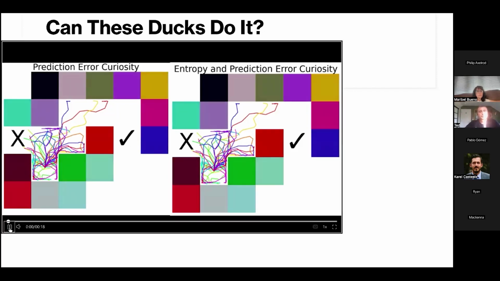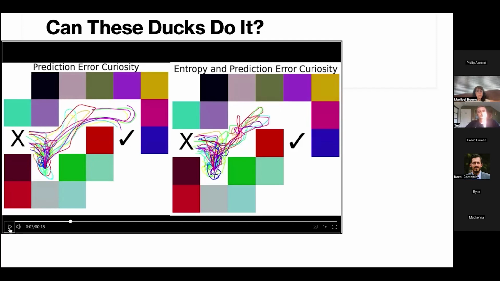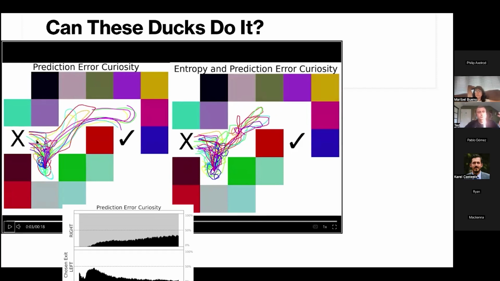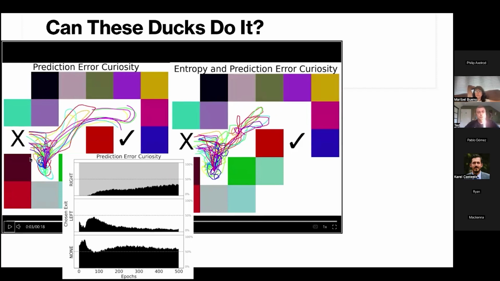So this one's really interesting. If we just go forward 100 epochs. So the ducks have done 100 episodes. They're exploring around. They like what they're seeing. They find the left exit first. Of course they do. The left exit is right there. And they like it. There's a reward right there. But after another 100 epochs,